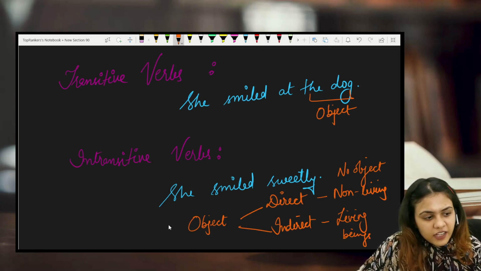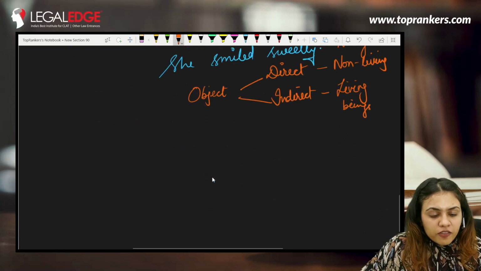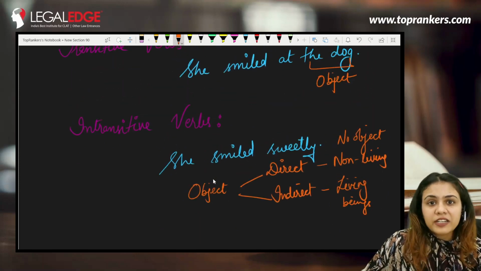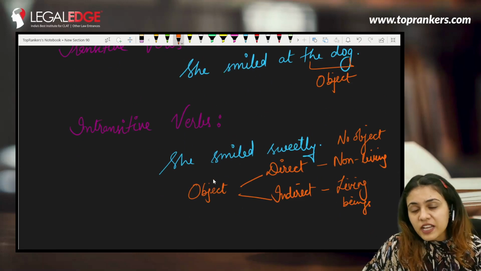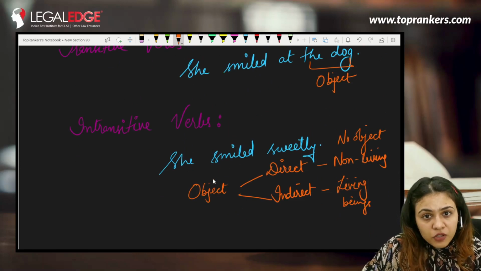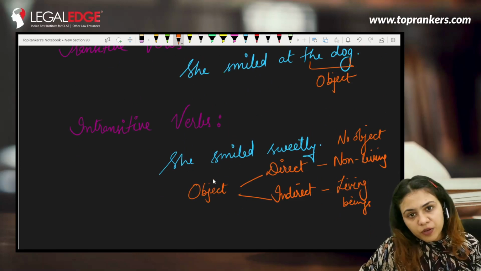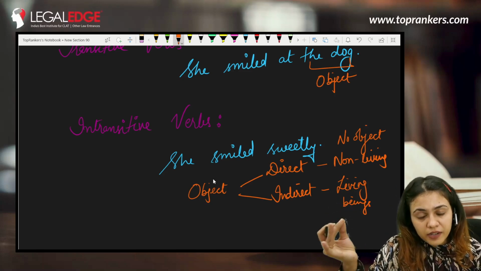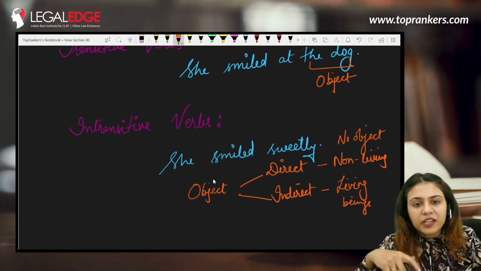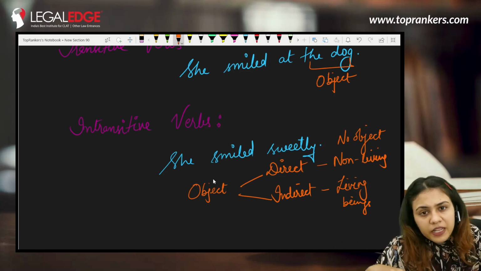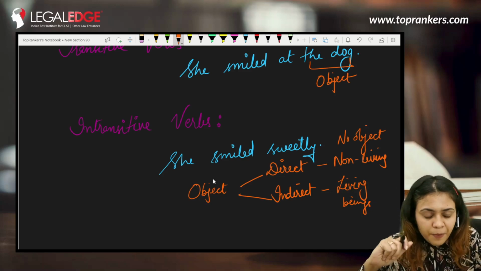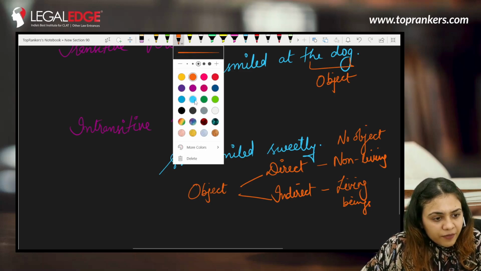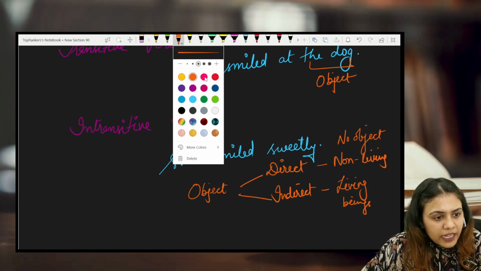Okay? Yeah. Moving forward, there is one more category, but that requires a separate class, so we won't be discussing that. You must have all heard of verbals, or also known as non-finite verbs, which include gerunds, infinitives, and participles. Now, this requires separate attention, so we'll be taking it up in some other class, right? Besides that, if I talk about the next important category, the next one in line is